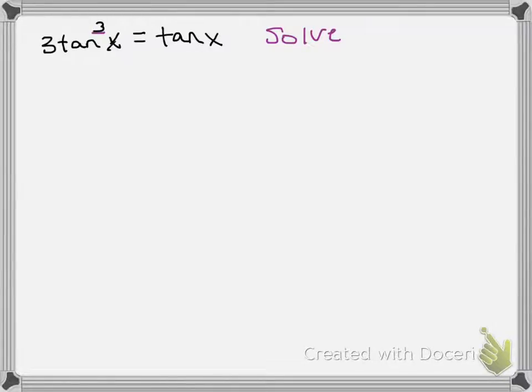And the thing that I like is I notice that tan is in the left-hand side and the right-hand side. And so while some people think we can just divide by tangent, I'm actually going to get everything on one side, because this is making me think that I could factor out something, because every term in this has tangent in it. So what I'm going to do is subtract tan x from both sides of this equation, which would leave me with 3 tangent cubed x minus tan x